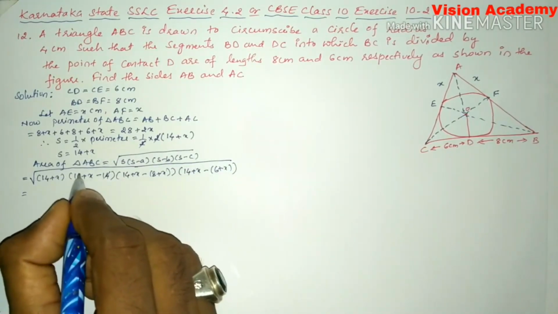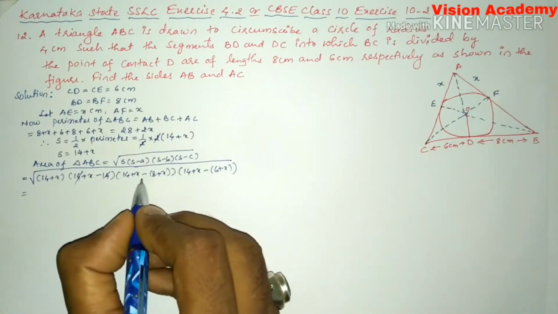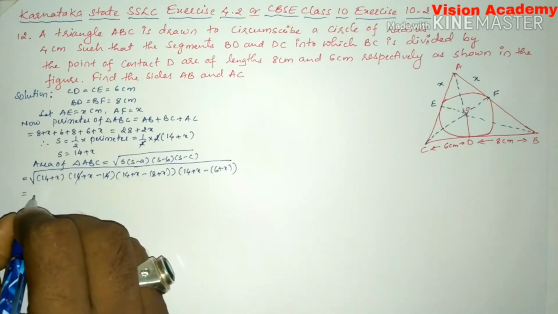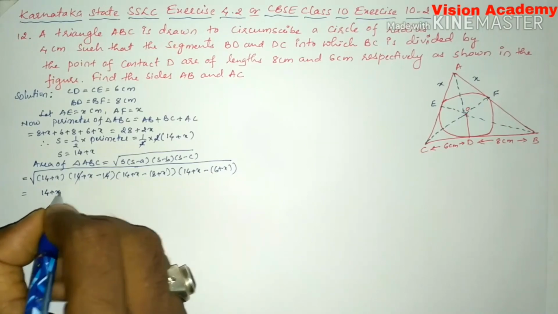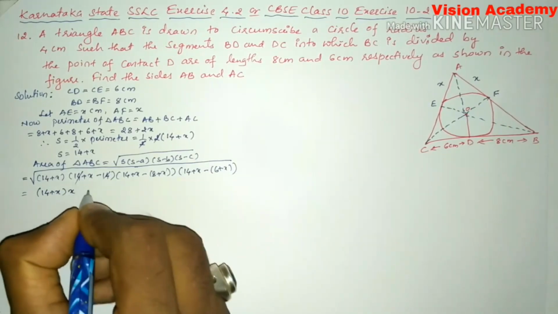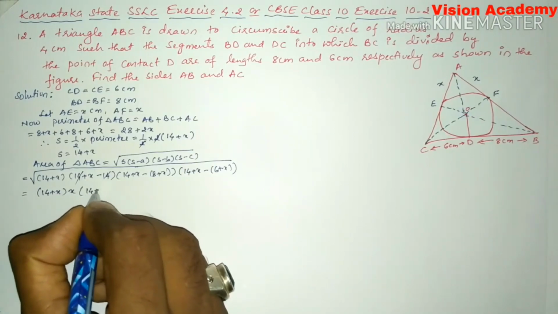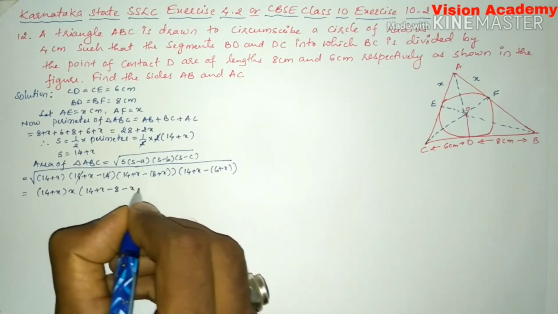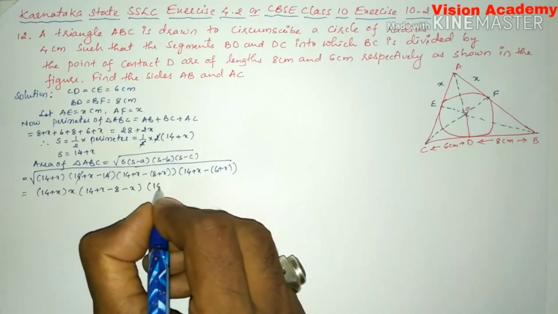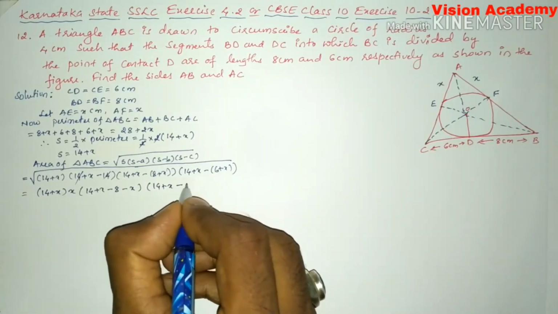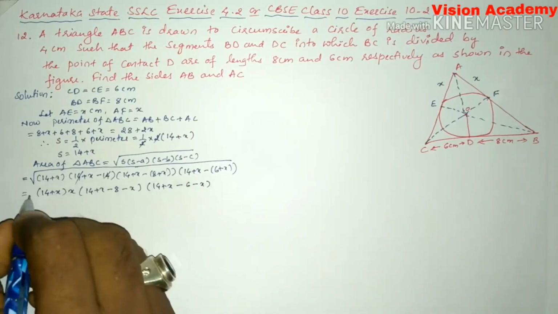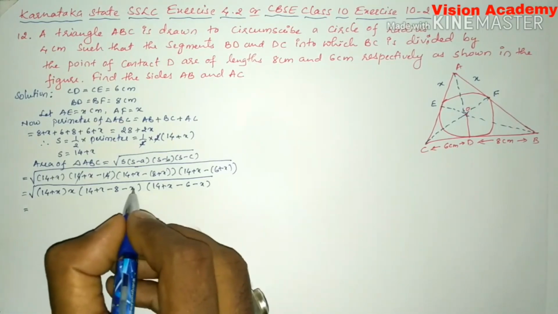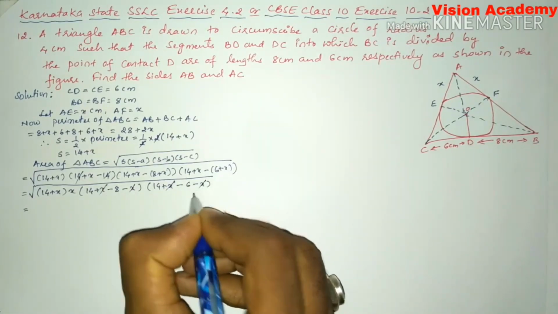Now let us simplify this. This 14 will get cancelled and we will multiply this minus sign inside of the bracket in both of these two expressions. So now we will write 14 plus x, into this x remains as it is. Next, inside of the bracket we'll write 14 plus x and multiply this minus inside of the bracket. Now it will become minus 8 minus x into 14 plus x minus 6 minus x, whole square root. Here this plus x minus x and this plus x minus x will get cancelled.